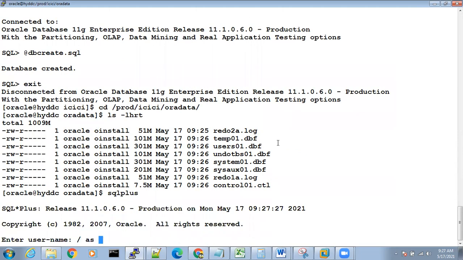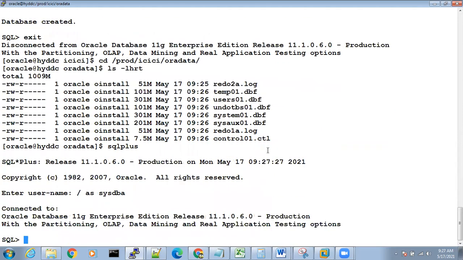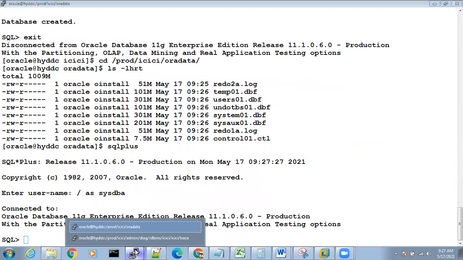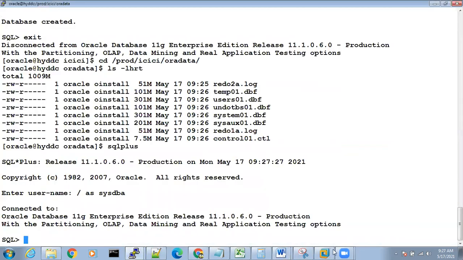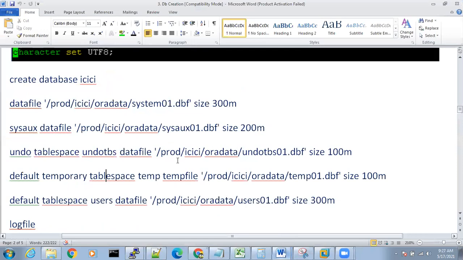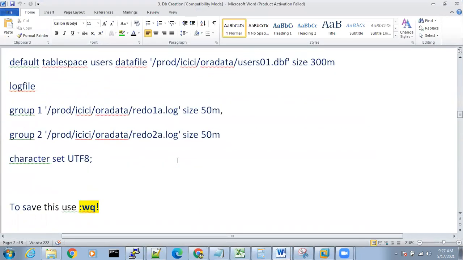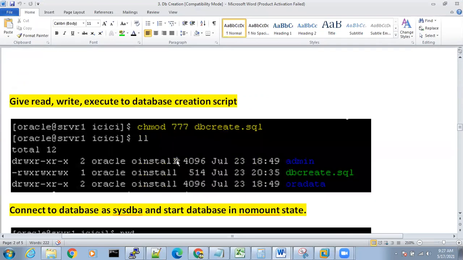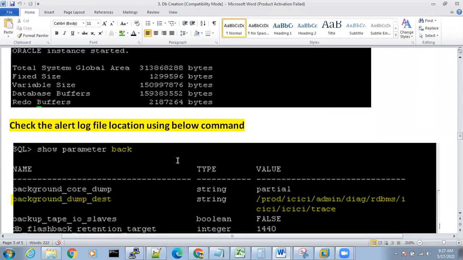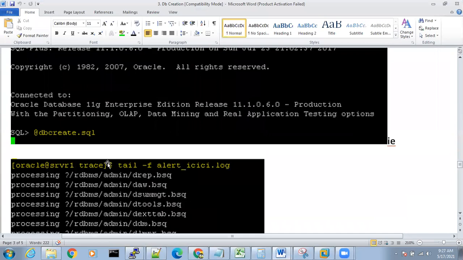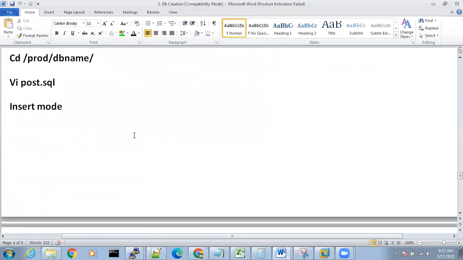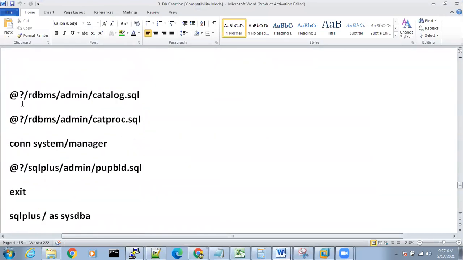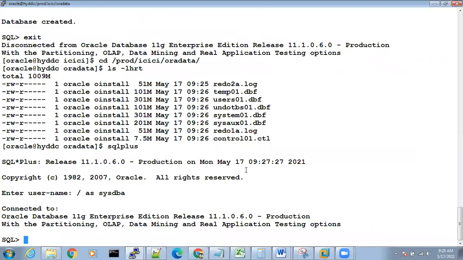It is still not completed. What we have to do? We have to run post scripts. So db create.sql, database created. Now what we have to do? We have to run these three scripts. The first script is